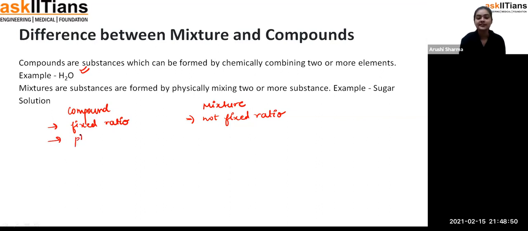And it's just that we can't separate them out physically. Not physically separable, whereas they are physically separable. That means you can separate them out. For example, students, okay, a sugar solution will be there and you can't separate them